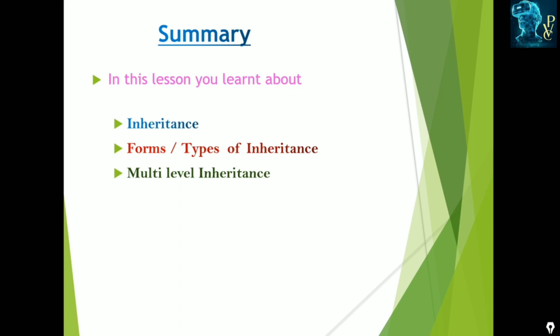And again we learned in detail about multi-level inheritance. Multi-level inheritance is possible when we have three classes: parent class, intermediate class, and child class. The child class is derived from an already existing class, which itself is derived from the parent class. So parent, intermediate class, and child class, these three are needed. The intermediate class and parent class can share their members with the child class. The child class can access the members of the intermediate class as well as the parent class. And we learned in detail about multi-level inheritance with examples.